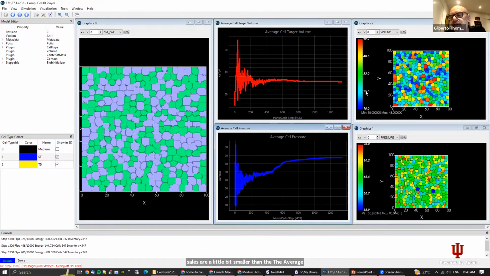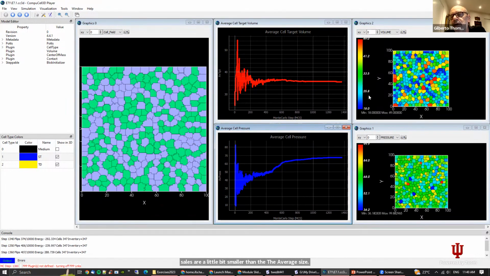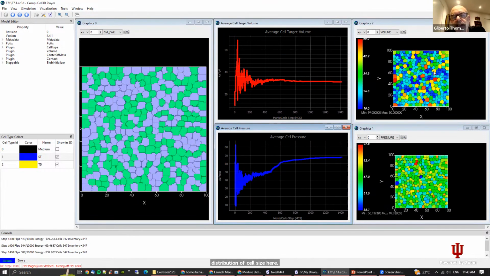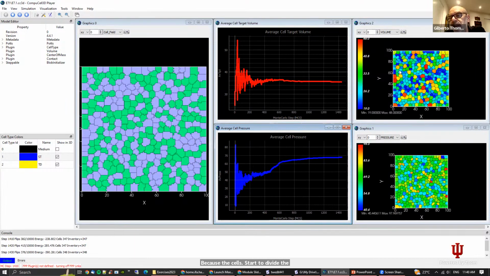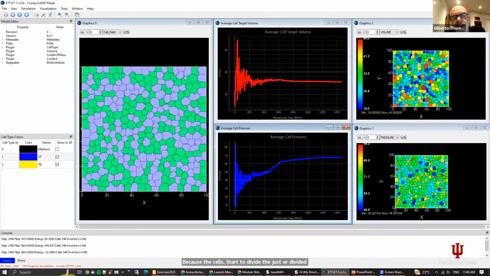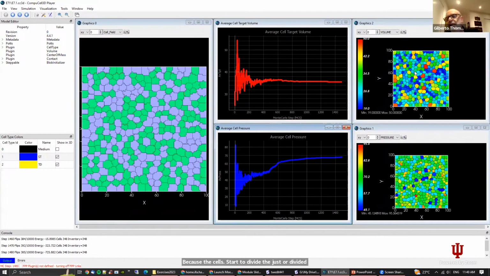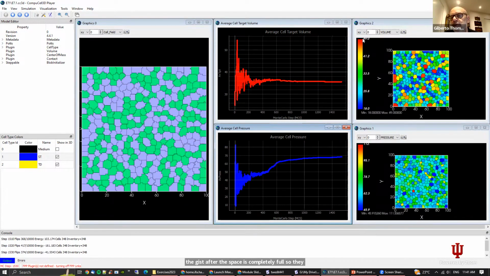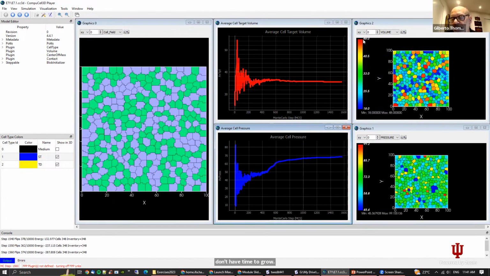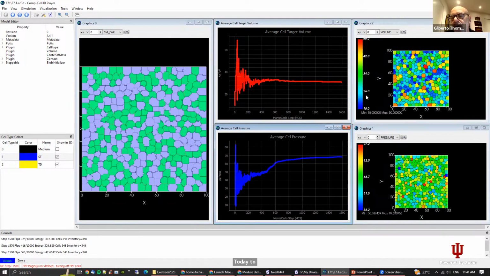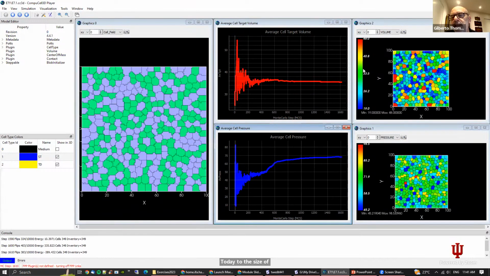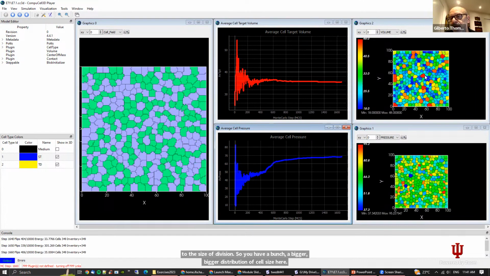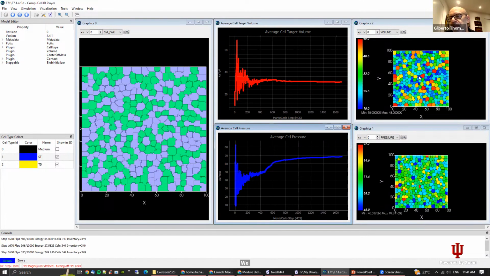Actually, 25 is the average size. So we have a bigger distribution of cell size here because the cells start to divide just after the space is completely full, so they don't have time to grow to the size of division. So you have a bigger distribution of cell size here, which is showed you about with the number of colors in